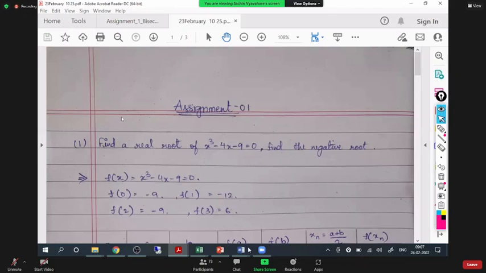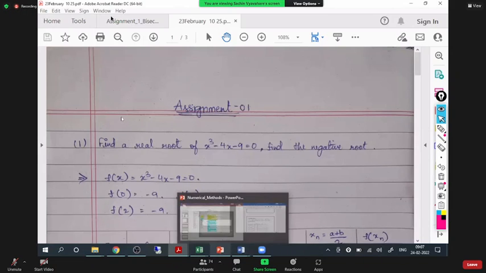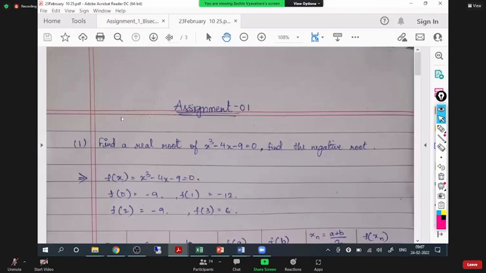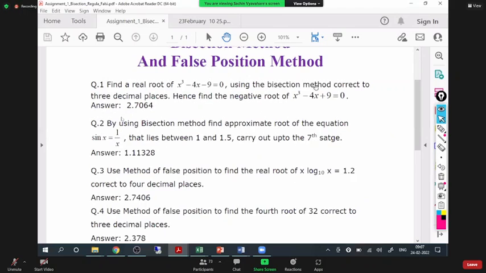So here we discuss solutions of assignment one. Question number one. Let me show you the question first. Find the real root of this cubic equation using the bisection method, correct to 3 decimal places, and hence find the negative root of this equation. This is something different that we have not discussed in the theory class, so we'll come to that also. First of all,